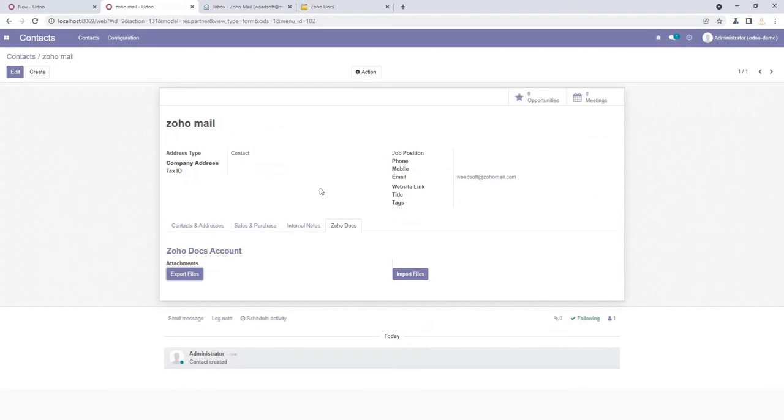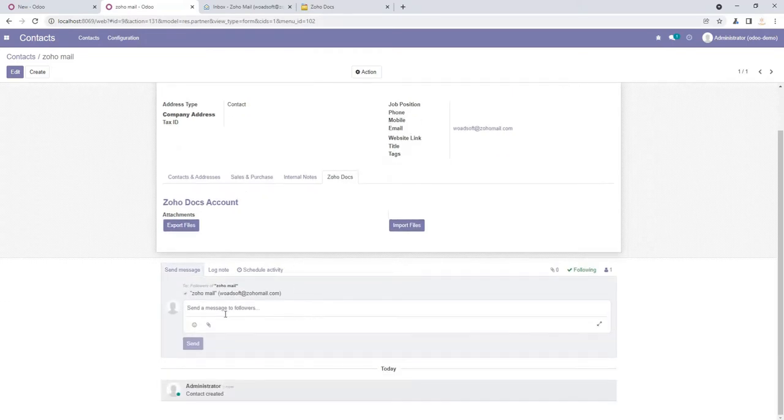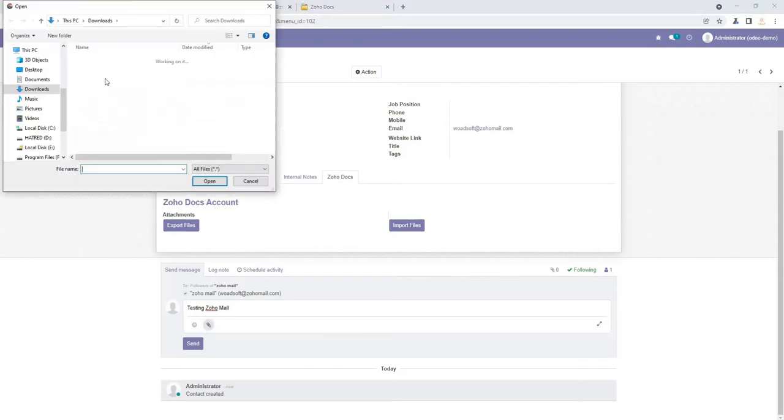Okay, so the contact is created successfully, and I'm going to send a message. Okay, so I just mention the detail that I'm sending to the other user. So I just add some dummy text. And also we can attach some attachment files.